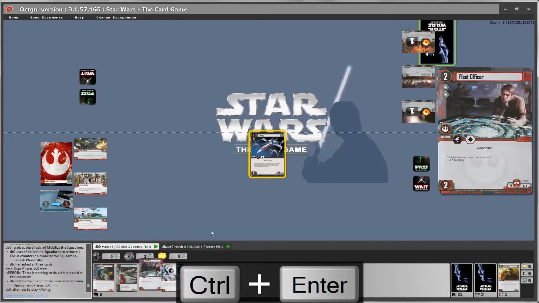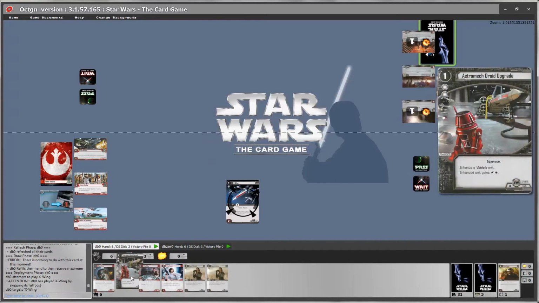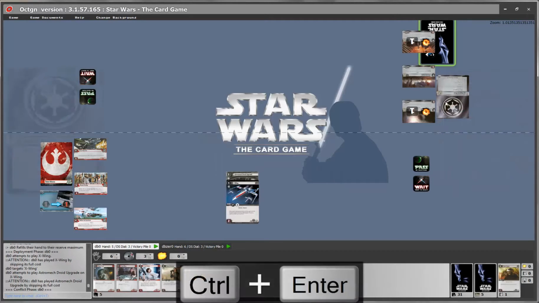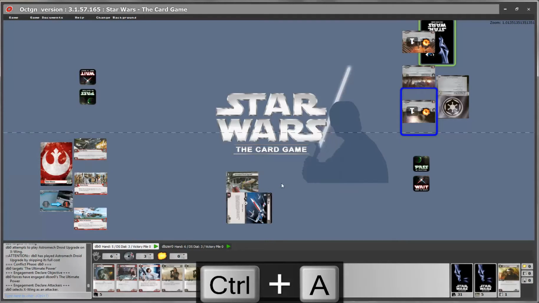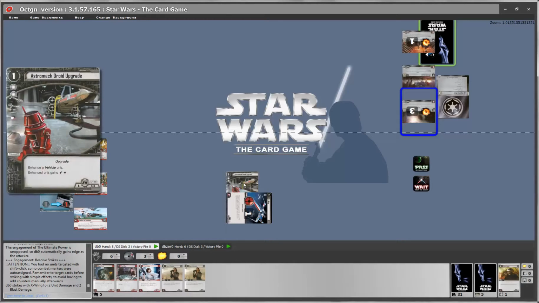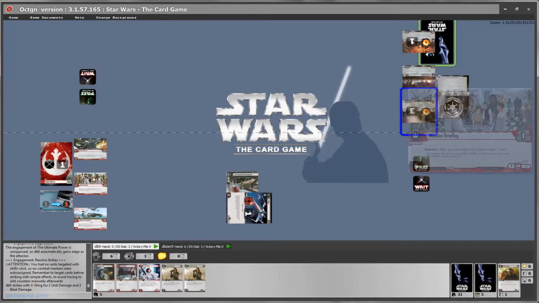For example, if I play my X-Wing, I'm just going to bypass its cost, and then I assign an Astromech upgrade, and let's say now I'm going to conflict phase and I'm going to attack. I assign my thing, I attack. Now, even though I'm in hardcore mode, the X-Wing still did the extra damage from the Astromech Droid upgrade. Why? Because the Astromech Droid upgrade is not a react, is not an interrupt. It doesn't require us to remember to use its ability anymore, though the X-Wing requires us to remember to use its combat icons.